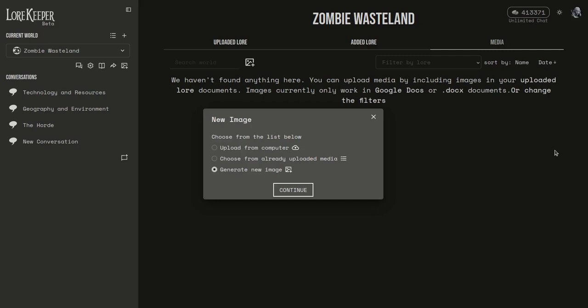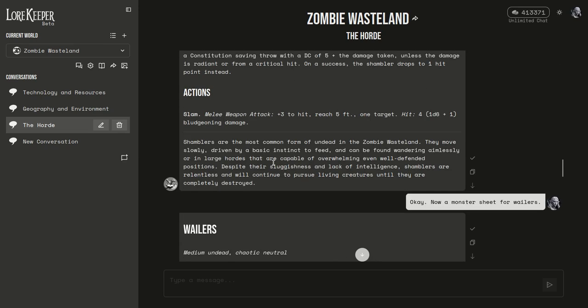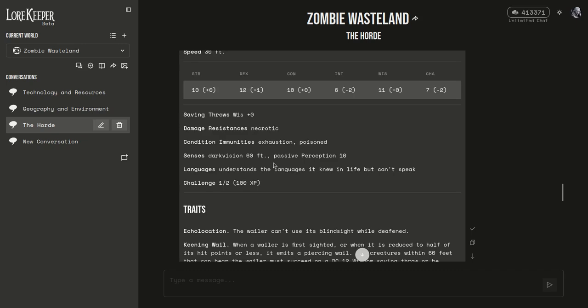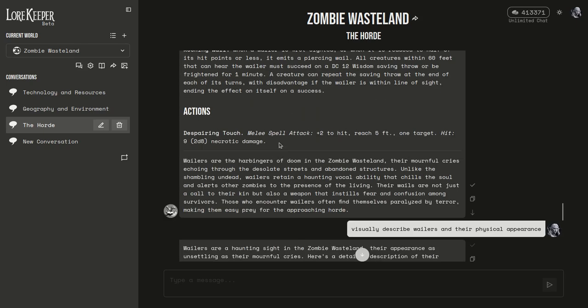Okay, so now let's get into some image generation. I'm in Zombie Wasteland here, and I wanted to generate some images. So I'm going to go to another tab that I've got open. I've just been describing physically the whalers. I was trying to get an image of a whaler, and it kept giving me this skeleton looking thing that looks like it's from some sort of Halloween